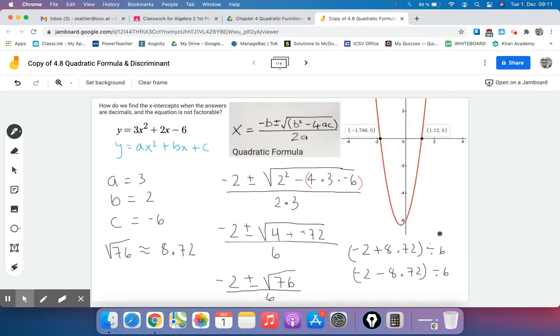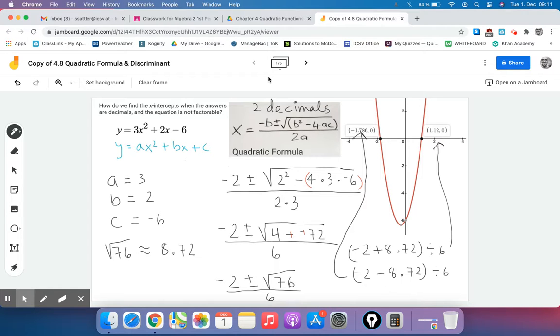And that gives us, this one gives us the positive, and this second calculation gives us the -1.876. Okay. So make sure you give me at least 2 decimal places